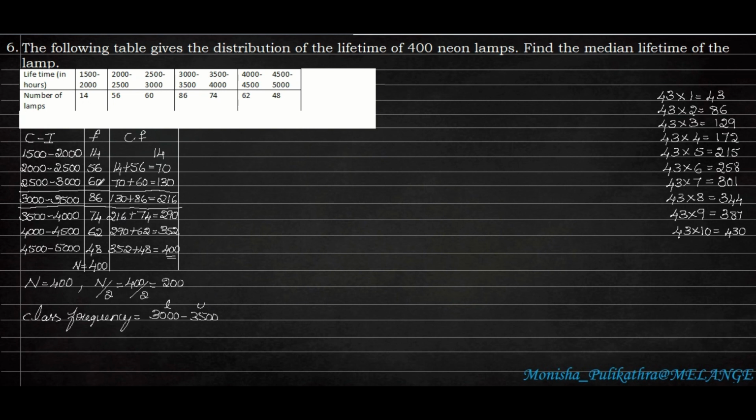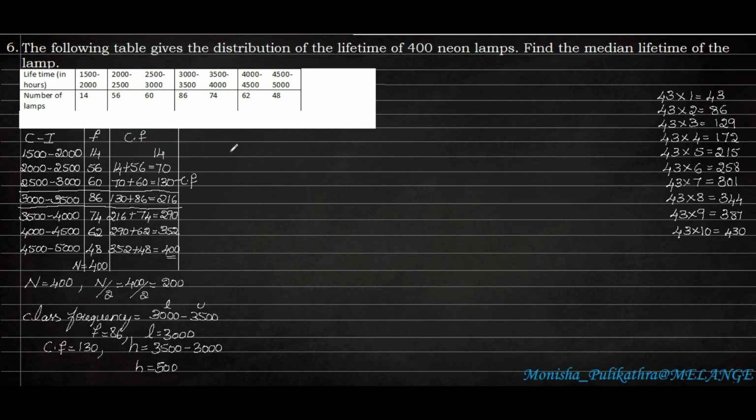Next, the frequency. The row which we have selected, the center number, which comes under the frequency, becomes f. f is equal to 86. Lower limit is 3000. Next, the row which you have selected in the cumulative frequency table, the number which comes previous to the selected cumulative frequency will be the CF, which we have to enter into the formula. So CF here is 130. Next is class size, h. The class size is the difference of the two numbers, that is 3500 minus 3000. The class size is 500.